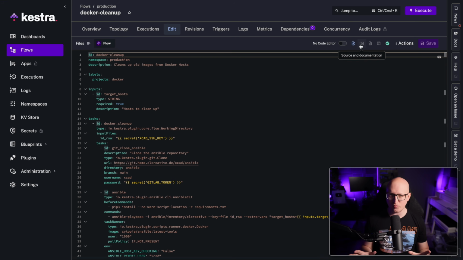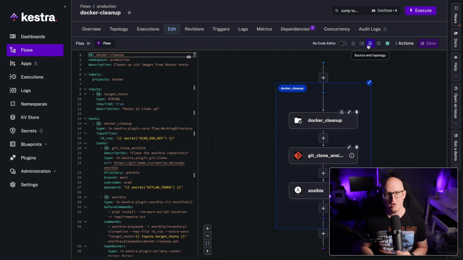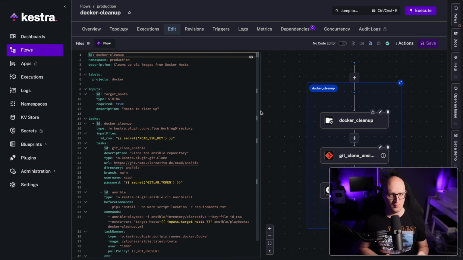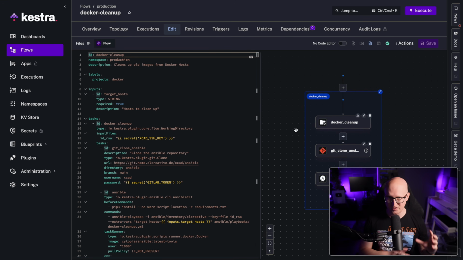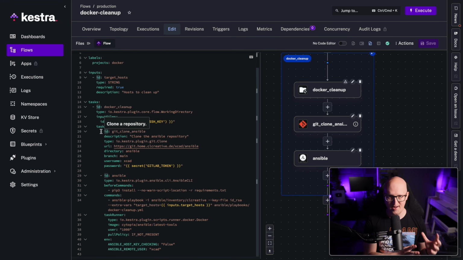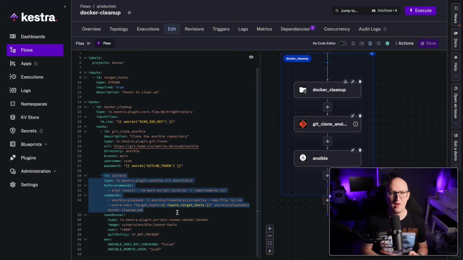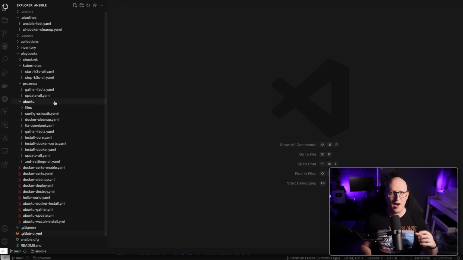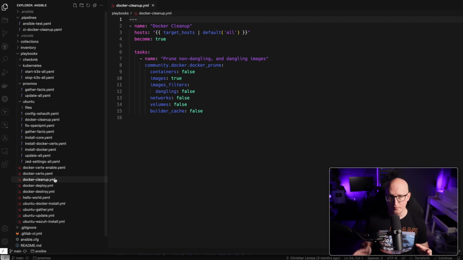I know this is tough to explain in just a minute or two, but just to show you a very quick example. I have created a scheduled pipeline in Kestra that will automatically run every day at a specific time. And this will download an Ansible playbook from one of my Git repositories, and then it just runs it in a simple Ansible container. And in this Ansible playbook, I have defined an action that will automatically purge some of my orphaned Docker images